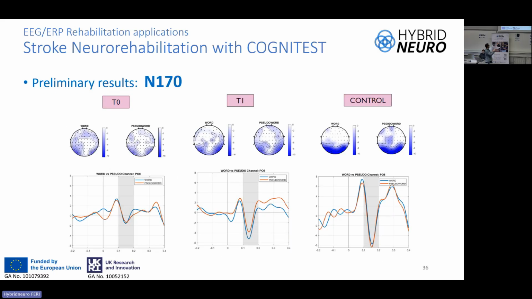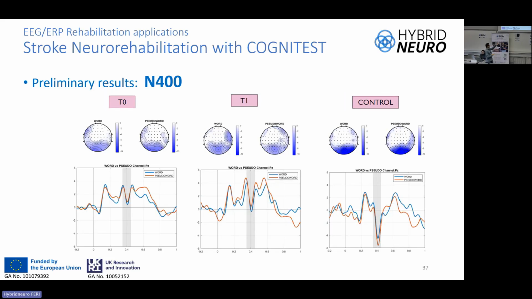Here we can see some different potentials that we have evaluated, and we are comparing them between word and pseudo-word in the first session, in the first register, in the second one, and also a comparison with the control. The same is for different potentials, and we can see that there is a recovery of some functions when the sessions